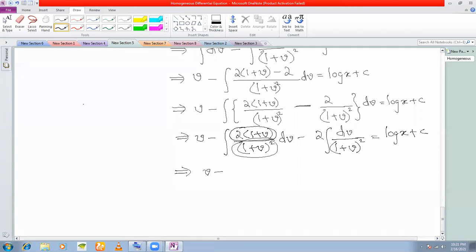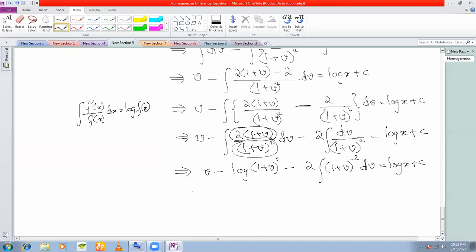So integral f'(x)/f(x). Remember, what is integral f'(x)/f(x)? It is log f(x), isn't it? So write this as v minus log (1 + v)² minus, and what is the integration of dv/(1 + v)²? You can write this as integral (1 + v)^(-2) dv is equal to log x + c,